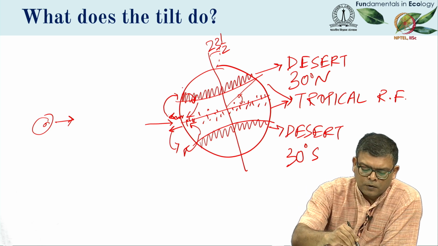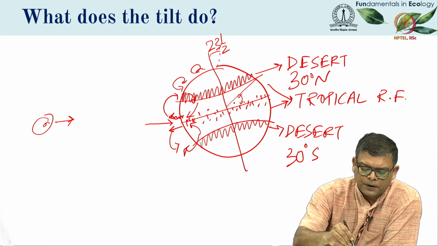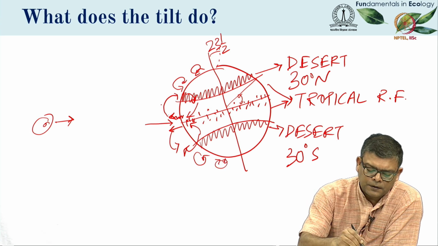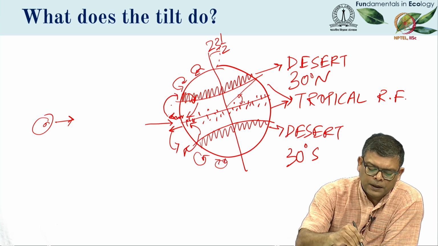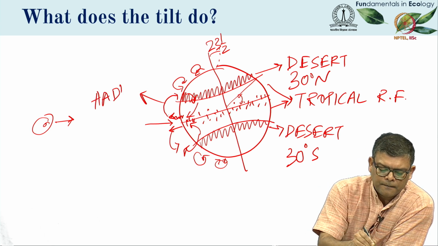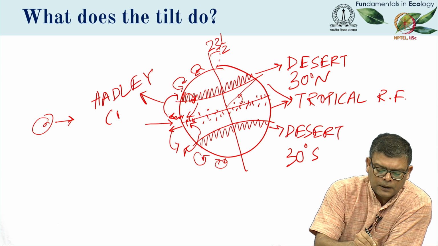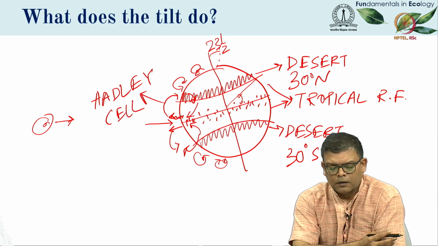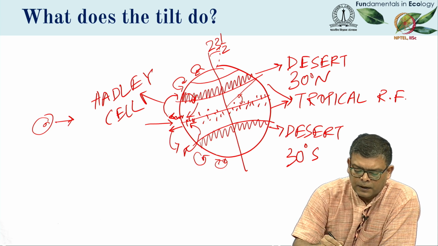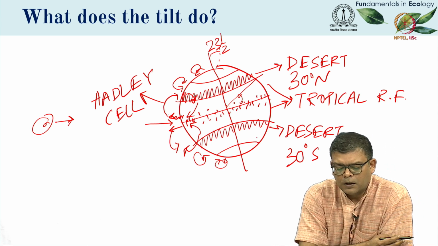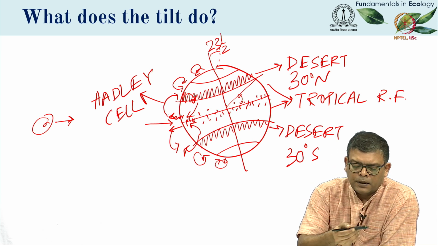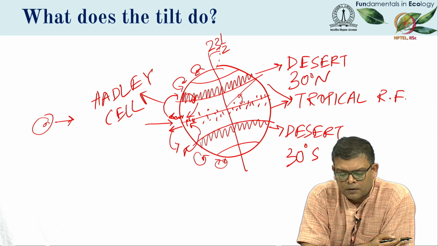Okay, and then there are smaller cycles which operate beyond this major loop of air which is going up and down. The main one is called the Hadley cell, and there are smaller ones which go after the Hadley cells as well. And there is a band here and a band there, beyond which it's too cold to support large forms of life. So you get the tundra vegetation beyond a certain point and the taiga vegetation below a certain point.